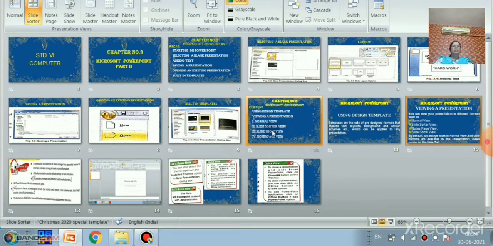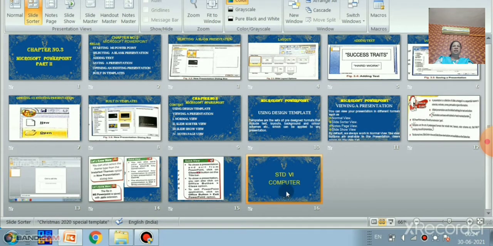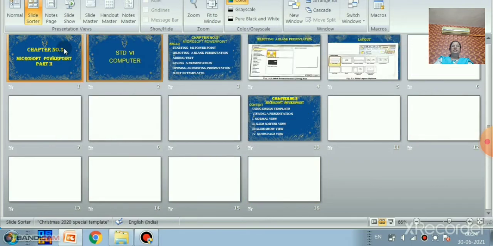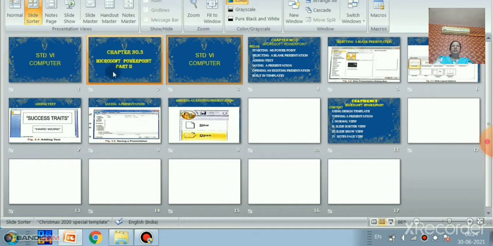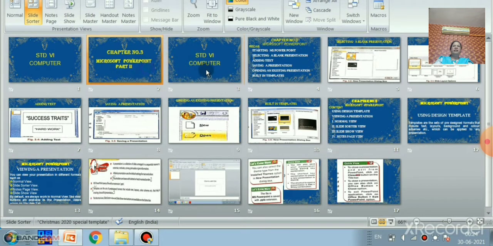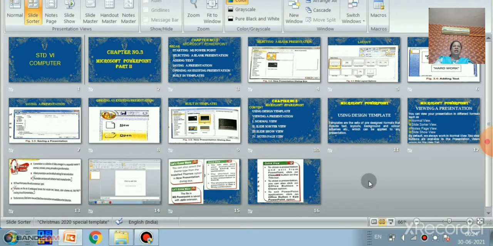In slide sorter view, you can easily change the order of slides or copy slides. You can delete a slide and add transition effects and animation effects. So it is easy. If you want to add a slide, you can do it by copy and paste. If you want to move a slide, for example when three repeated slides are there, just take the mouse pointer and drag it. When you are using animation or transition, or want to make duplicate slides, you can use slide sorter view.